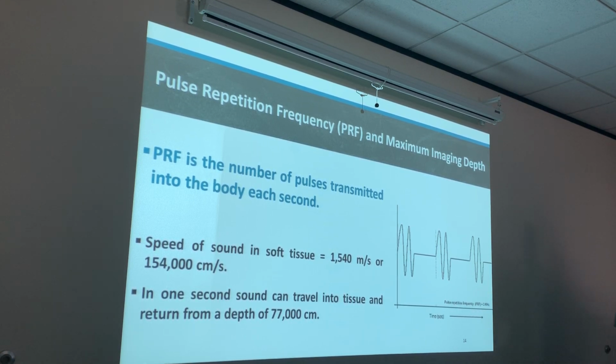It's on my hand still. What is the PRF of this series of pulses? 3. If this is 1 second, it's gonna be, according to this, 3 megahertz because we're talking about ultrasound. But if I'm telling you it's 1 second, then it's basically gonna be 3 hertz, correct? 3 hertz. Alright? So the speed of sound in soft tissue is equivalent to 1540 meters per second, 154,000 centimeters per second, 1.54 kilometers per second, 1.54 millimeters per microsecond. All of those numbers, guys, do not ever,